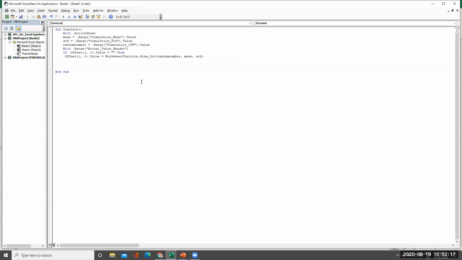Okay. Else, if it is not blank, what happens? It will go to the next cell. If it is filled up, it will go to the next cell, and it will go till the end. Dot End(xlDown). This is just a thing you can even mug up and write it here. xlDown. Dot Offset 1, 0. That means it will come to the beginning of the actual value, C17 it will come, right? 1, 0 dot Value is equal to the same thing. I'll just copy it here.